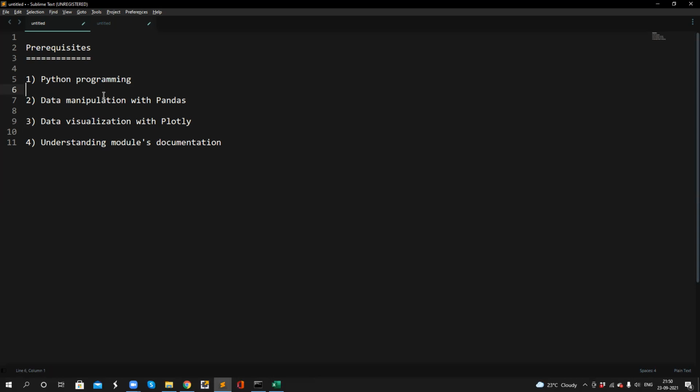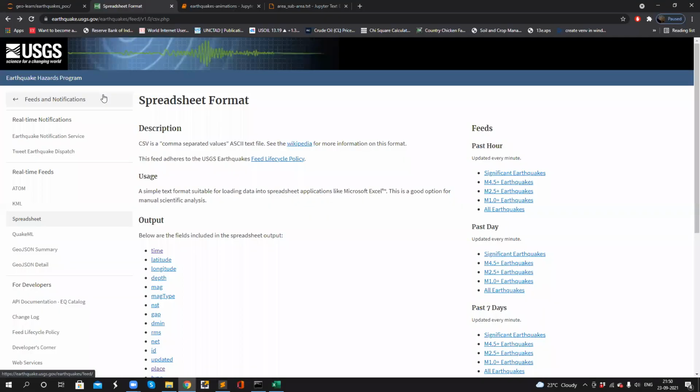Moving ahead, let's see the source of the data. As usual, we'll be taking data from USGS. USGS stands for United States Geological Survey.